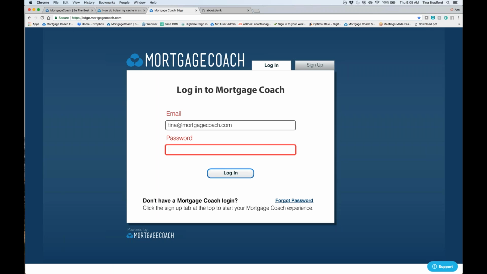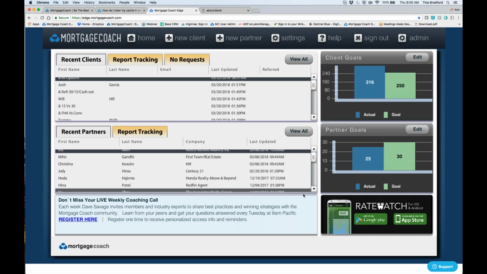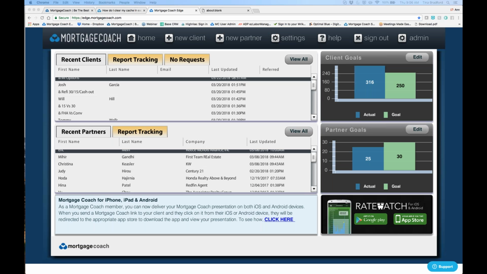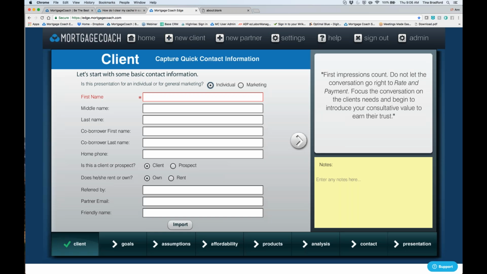After that, when you go into your Mortgage Coach, you'll be able to come into some new fields that we have in here. So let's go ahead and log in. First thing I'm going to cover is tax benefits. We have the updated tax benefit for 2018 taxes in there. A couple of things I'm going to go through are in those tax fields. We're going to go in like we're building a new client, and you'll find a lot of the information in here is very similar.